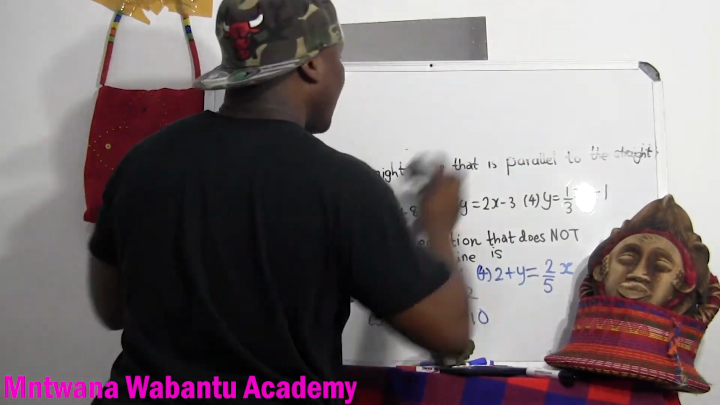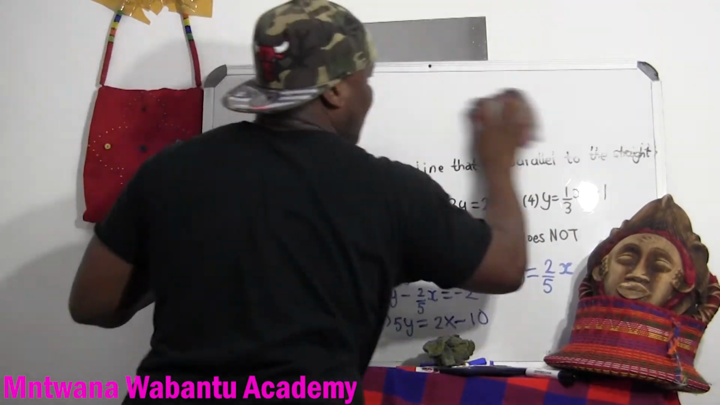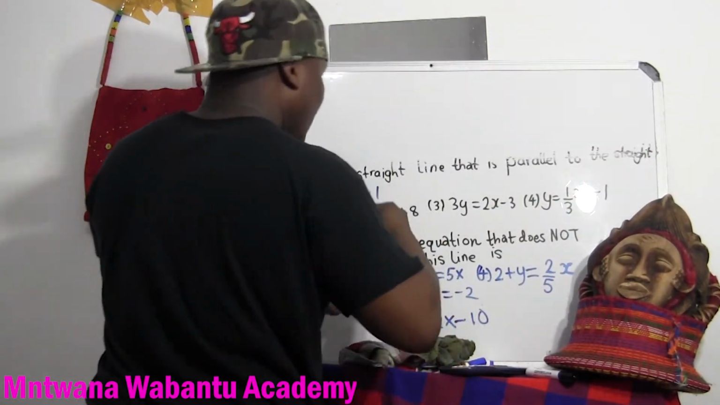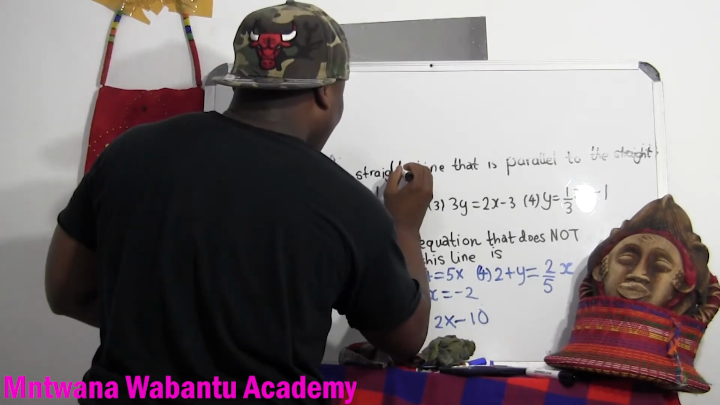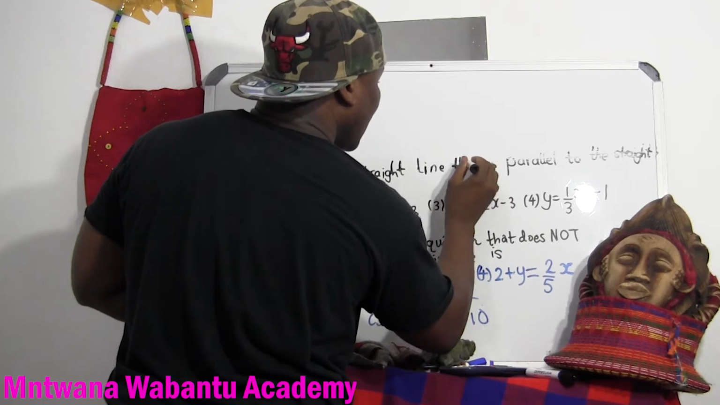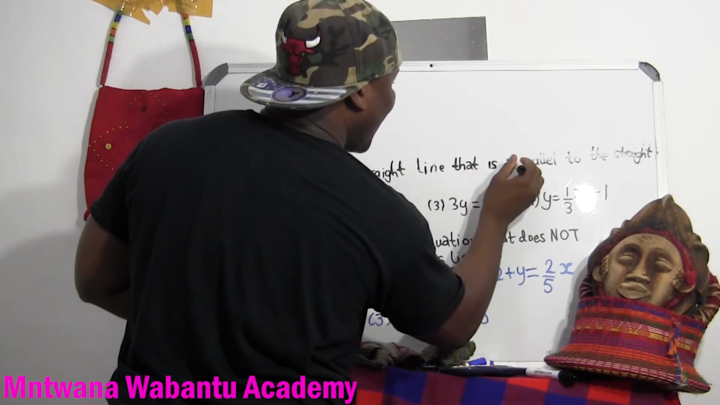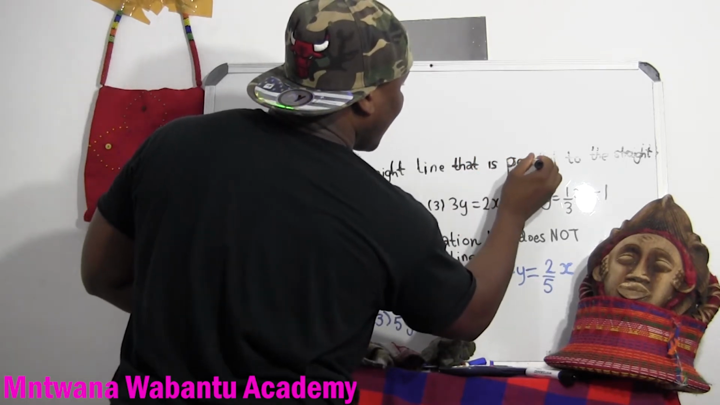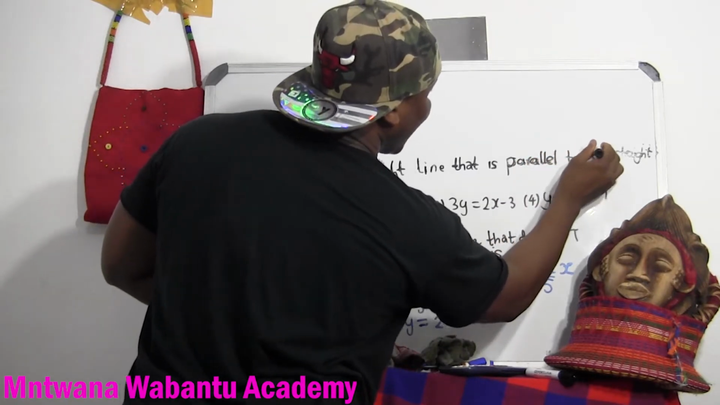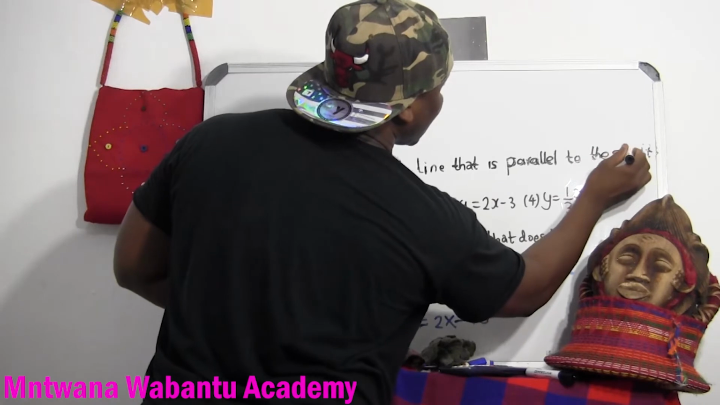Okay, question 18. See, I just erased unintentionally. So now let me write it clearly because it was kind of erased. This is a line that is parallel. Apologies, guys. Parallel to the straight